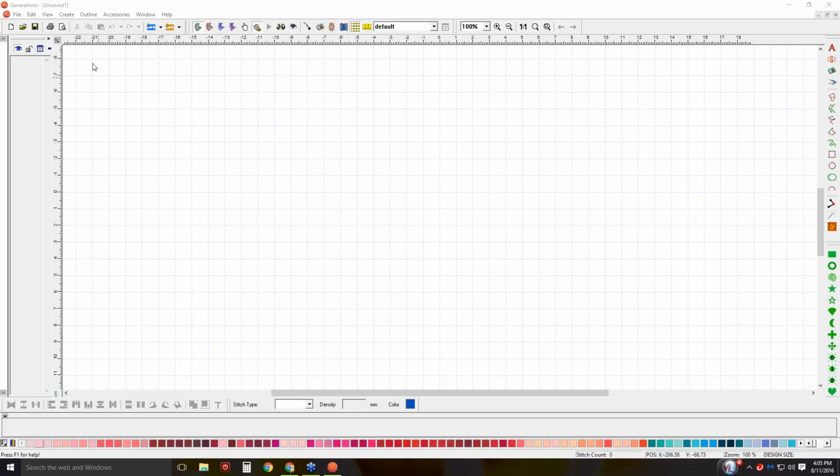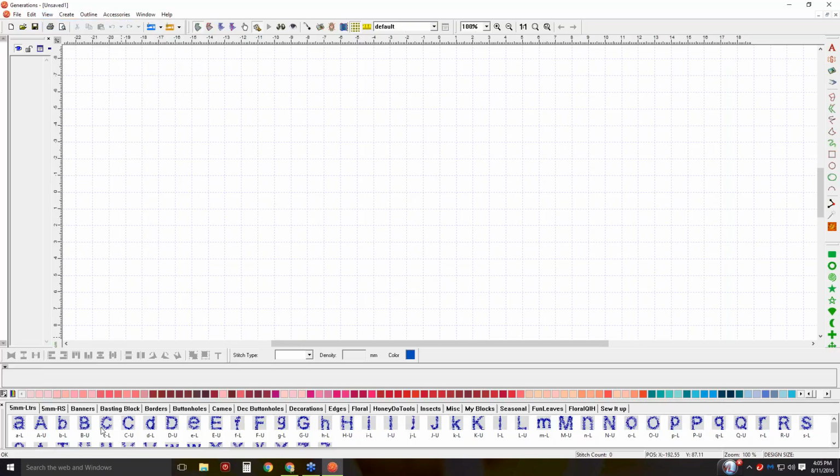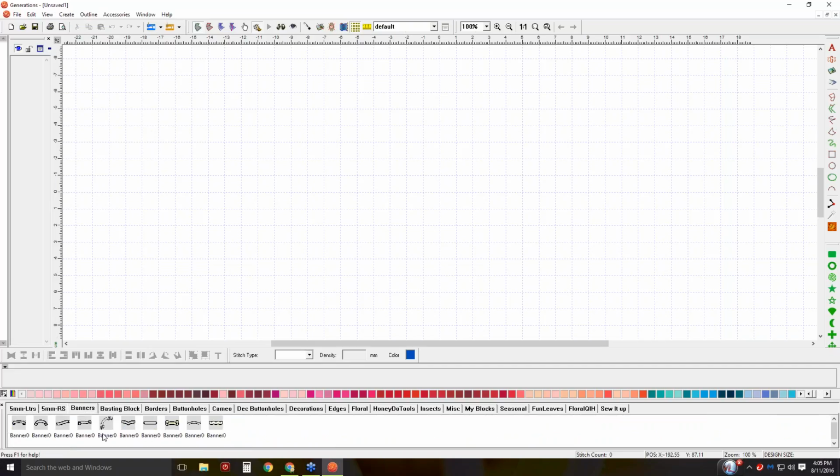But to get to your building blocks, just go up to View and Toolbars, and you'll see the building block bar. Just click on that and put a check mark next to it. It's going to open up down here. Now there are some built-in building blocks, which are these small letters. And there's some banners, and there's some basting blocks, and there's some borders and buttonholes and cameos and decorative buttonholes,